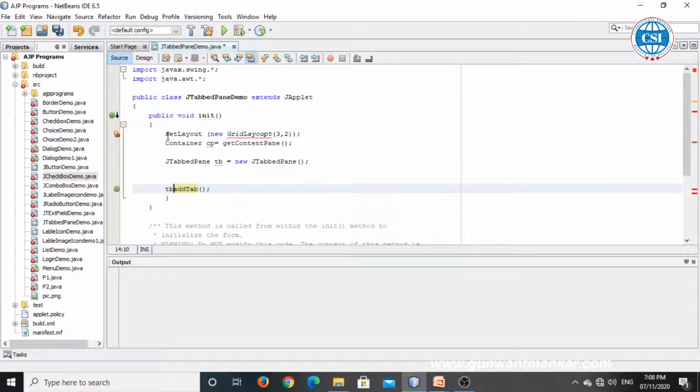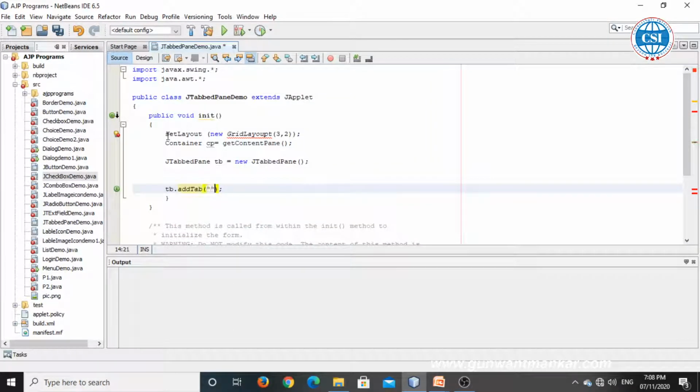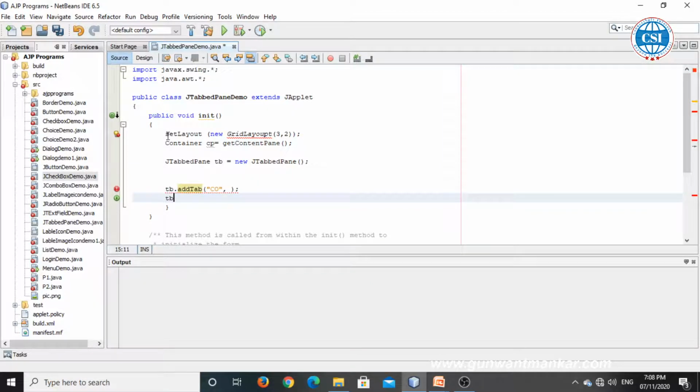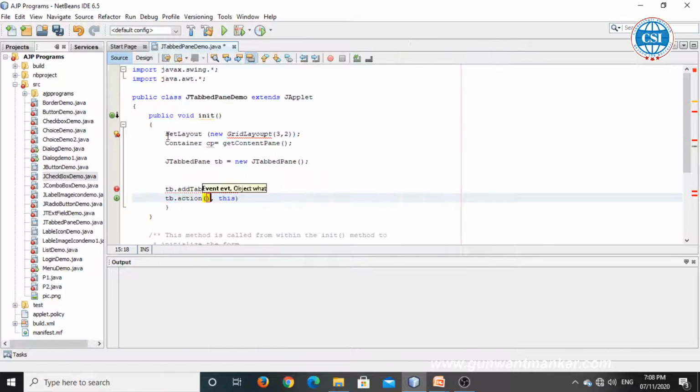So tb.addTab with the name of the tab. I am giving the name CO department. Then a comma, a string with a component object. The component object here is a JPanel. When we create the JPanel, we can add the object of the JPanel.